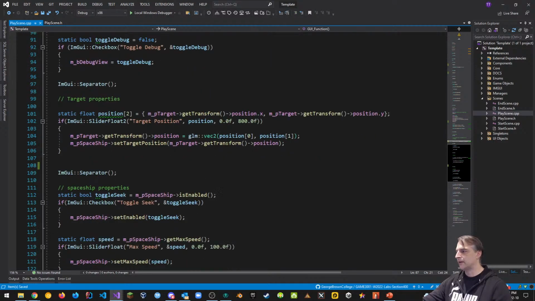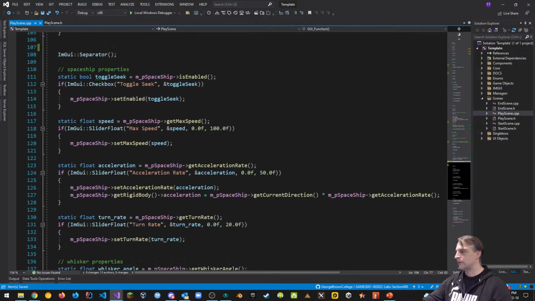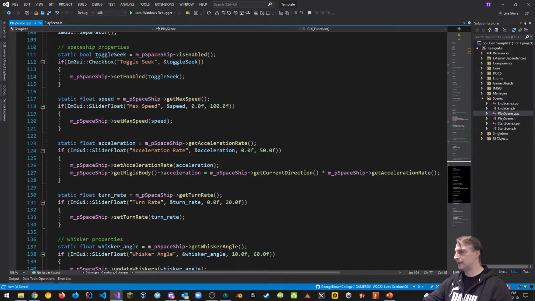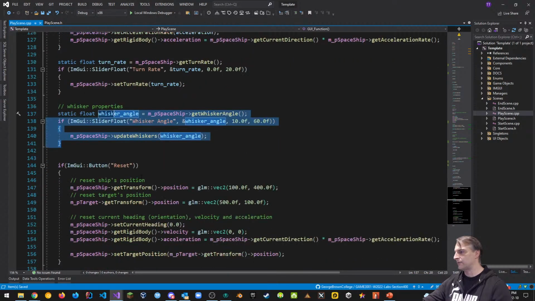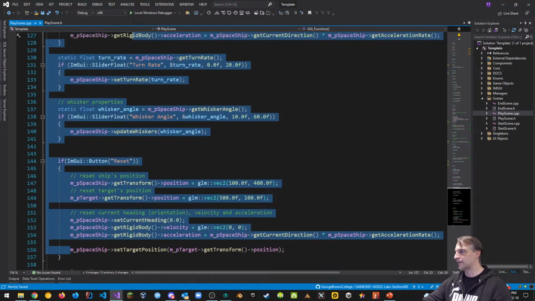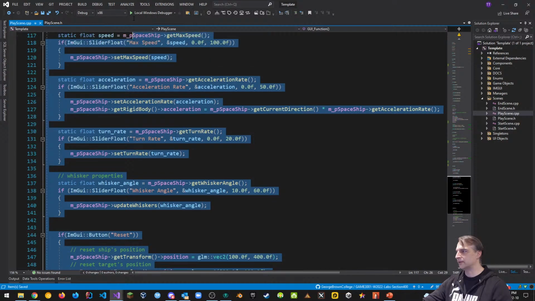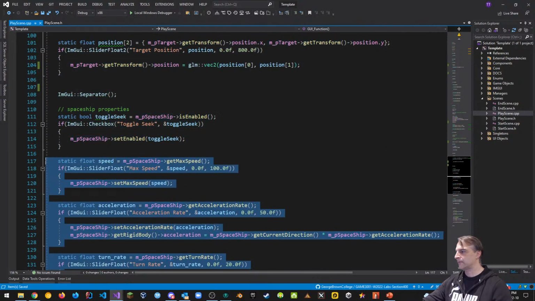Not required right now. Target position, that's good. I like that. But we don't care about the set target position for the spaceship. Goodbye, that one. See you later. That's target position. We don't care about toggle seek, speed, acceleration, turn rate, or whisker angle. We can get rid of all of this stuff and the reset button too. So all the rest of the stuff in Imgui, get rid of all that stuff. Clean up Imgui, please. So all you need in Imgui is